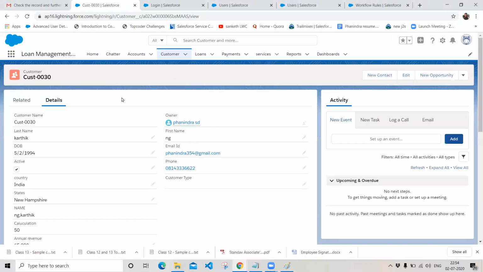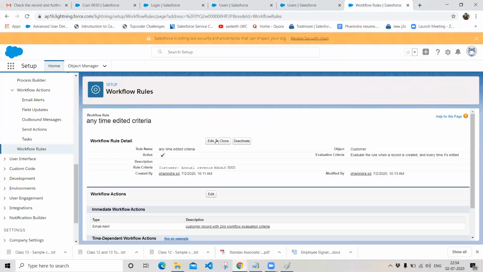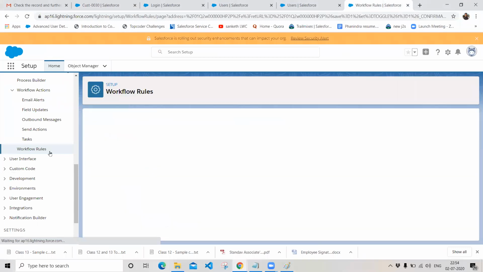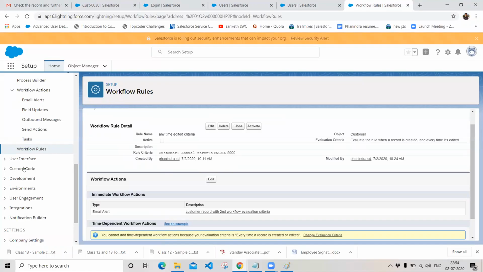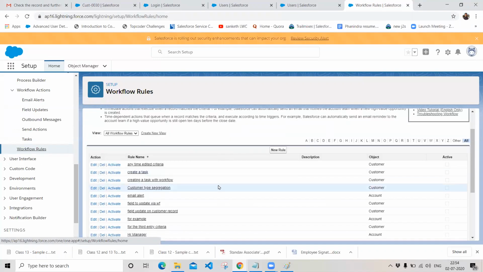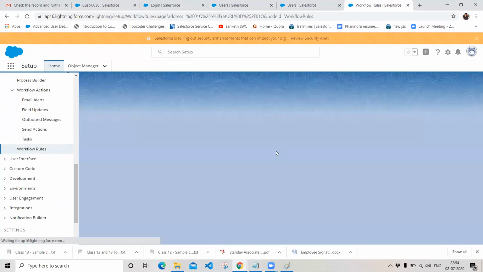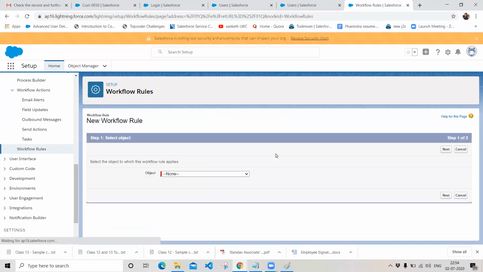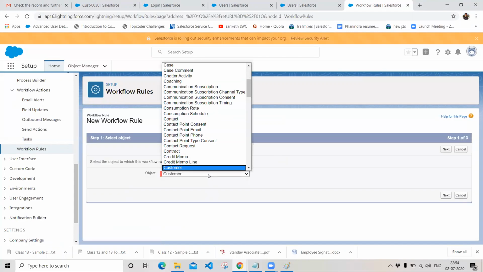Let's go into the organization and see in a detailed view how we can create this workflow rule. Go to your workflow rules and deactivate your previous workflow rule so that it will not disturb my existing functionality, and click on workflow rules. And with respect to this, click on new rule. I want to create a new workflow rule in my organization. Choose your customer object